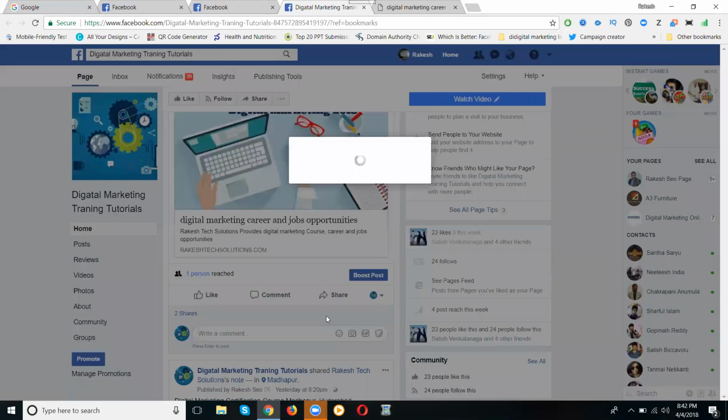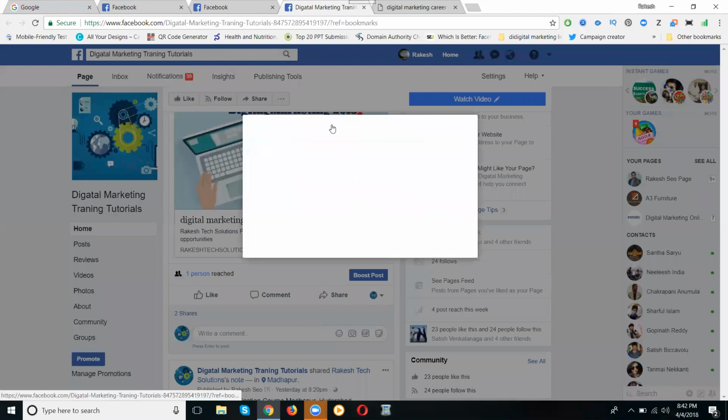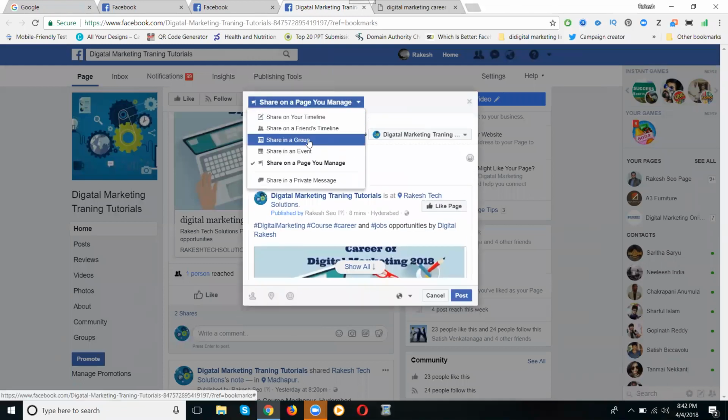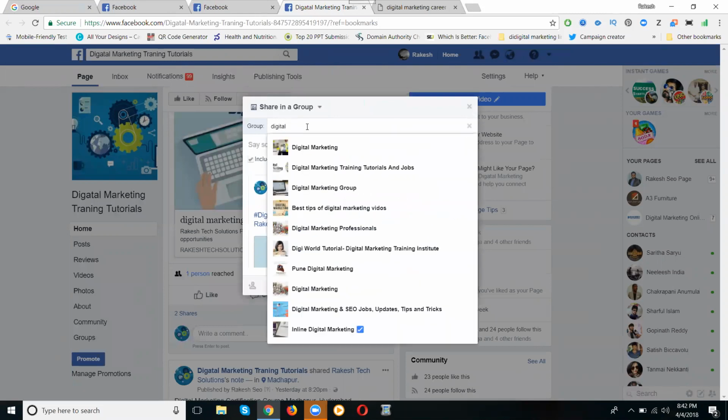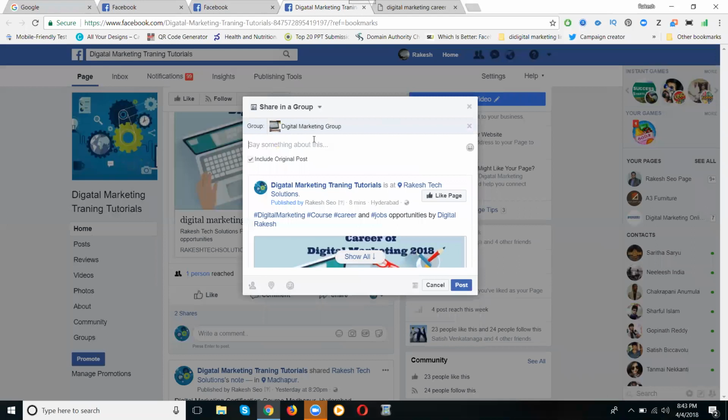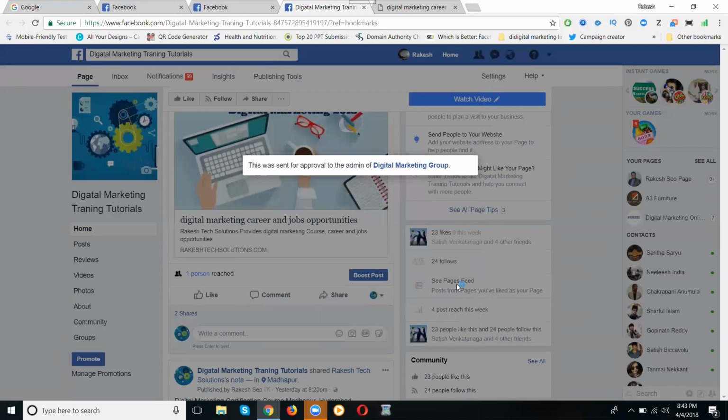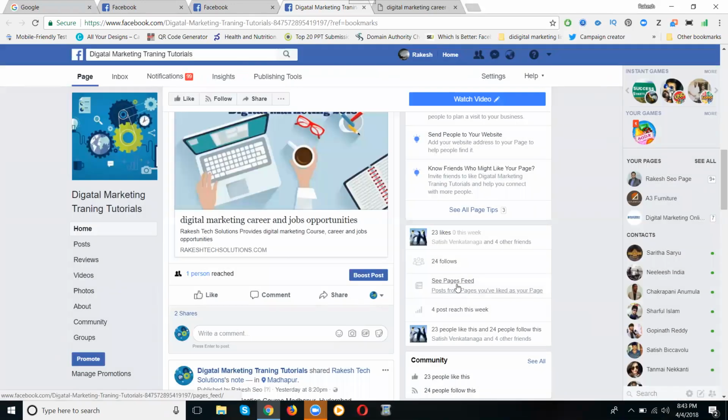Final one, shown here. Select it. Share. Share by group. The option is called digital group. Click. The option is called post. This is how you can promote your website from page to groups. Out of 10,000, they can watch by 1,000, and we will get clicks. So your top will be this, based on group sharing. Page to group. First website to page, then page to group sharing.